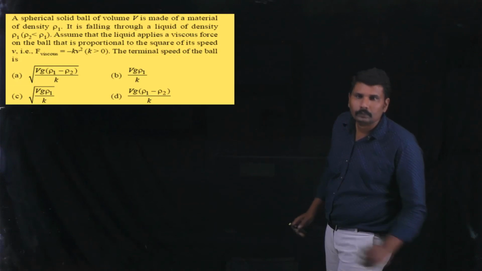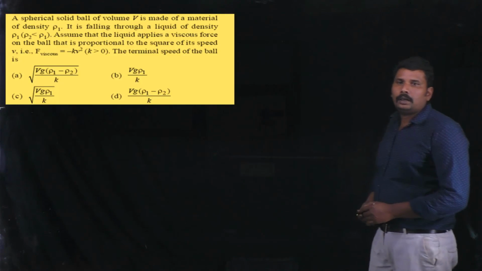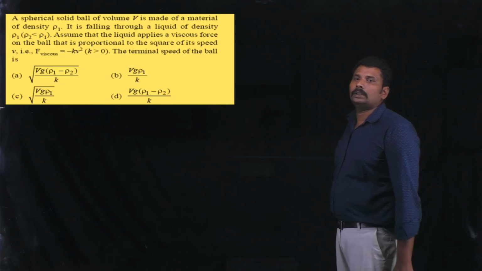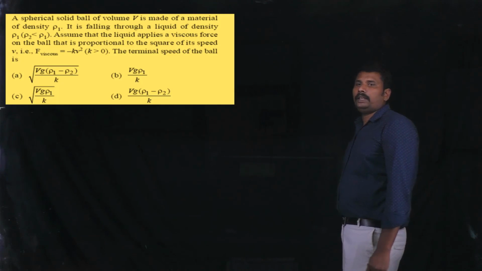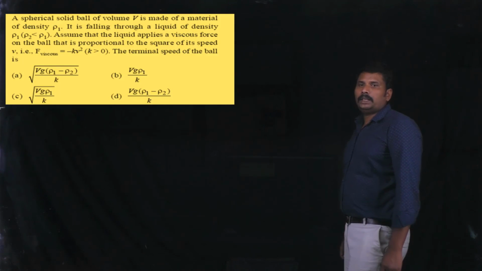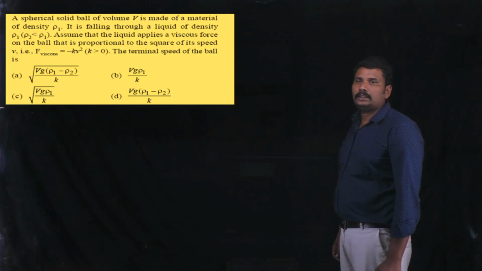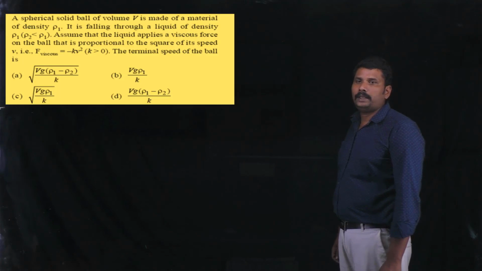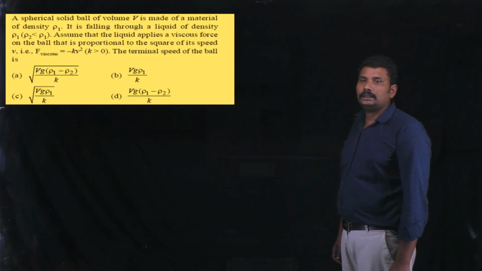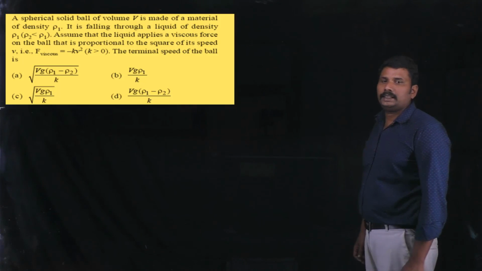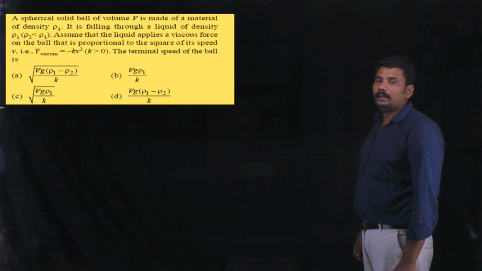A spherical solid ball of volume V is made of a material of density ρ1. It is falling through a liquid of density ρ2, where ρ2 is less than ρ1. Assume that the liquid applies a viscous force on the ball that is proportional to the square of its speed v. That is, viscous force is equal to minus kv square, where k is greater than 0. The terminal speed of the ball is: